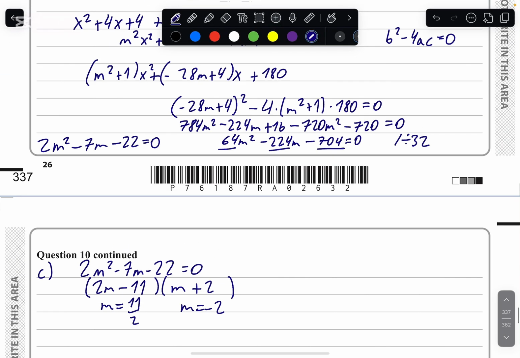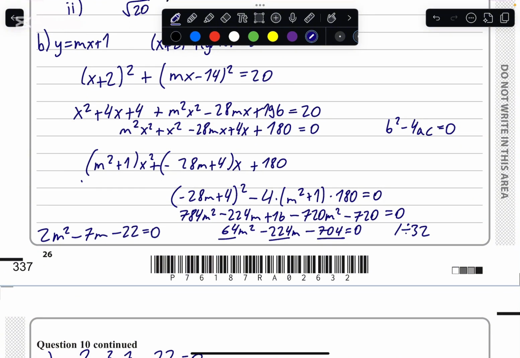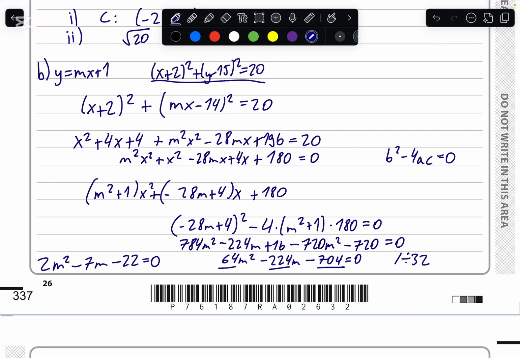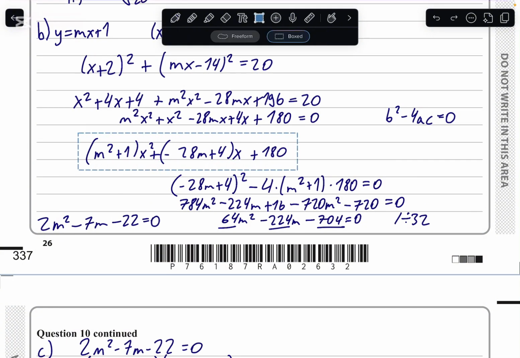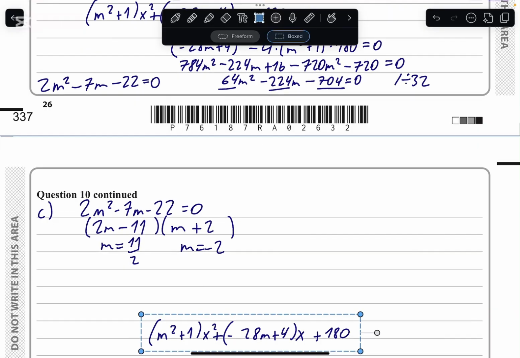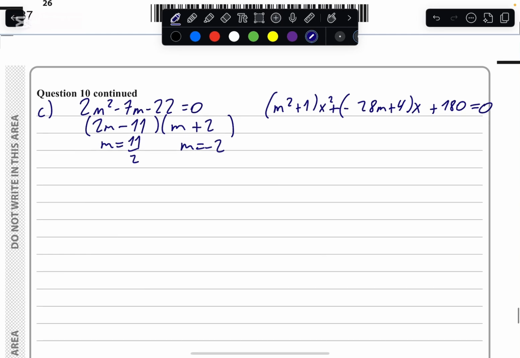Now that we found the m terms, we can use this that we found here, which is the substituted equation, where we put this into this equation. So if we use that again, we can just substitute the m values inside here to find the possible coordinates of the x. If we first substitute the minus 2,